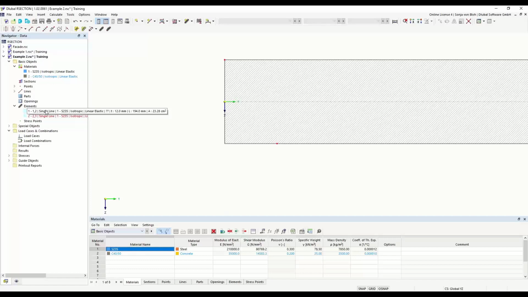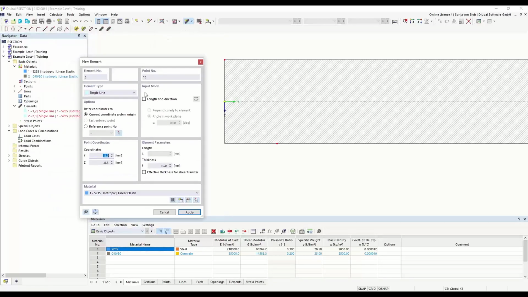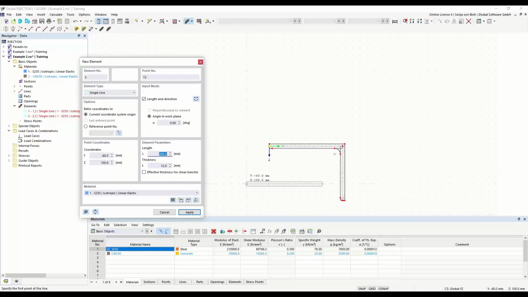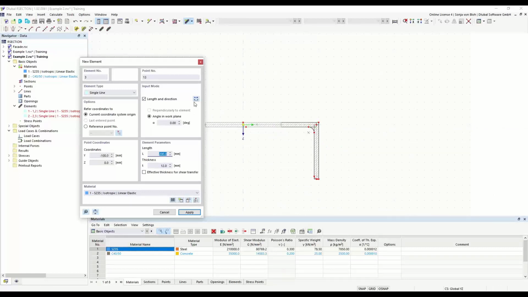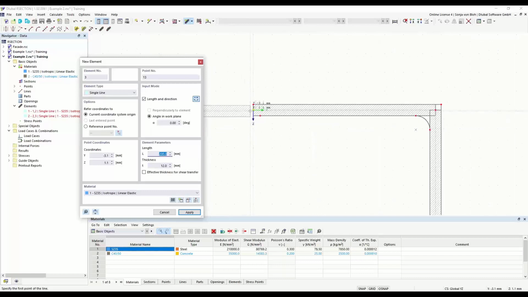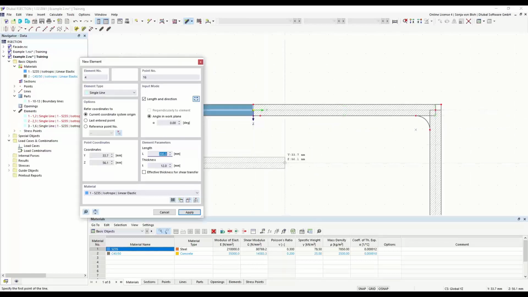I also add more elements, and I do this via the graphical input. I choose here single, and I use the input mode length and direction again. Here I define an angle of 0 degree, and I define here a length of 200 millimeter and a thickness of 12 millimeter. And I want to place this here, and for this I have to reverse the orientation, and then I left click here in this working window, and then I add another element here